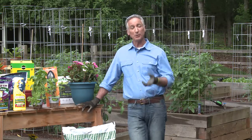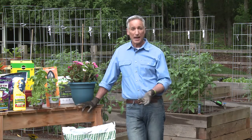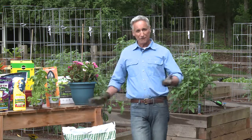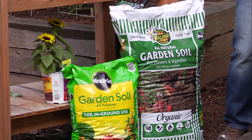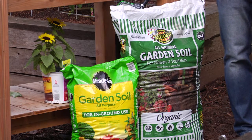But before you even put a plant in the ground, you need to focus on the soil. So a newbie or an experienced gardener needs to have great soil. And the problem with new gardeners, they sometimes get bogged down in thinking that they got to figure that out, but they don't. They can go to a garden center and look for, if they want to do organic gardening, they can get organically derived soils, or Miracle-Gro has a lot of different soil products for an in-ground bed or